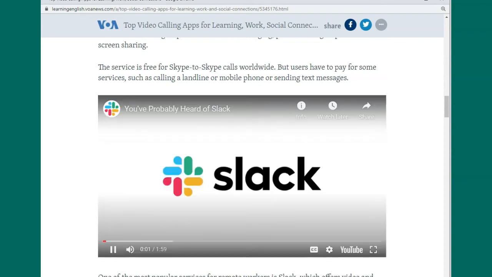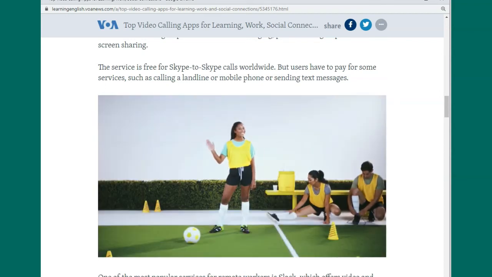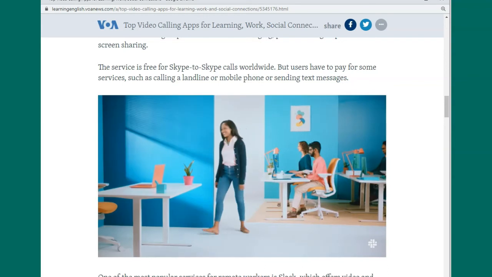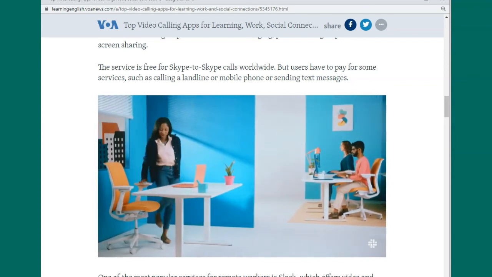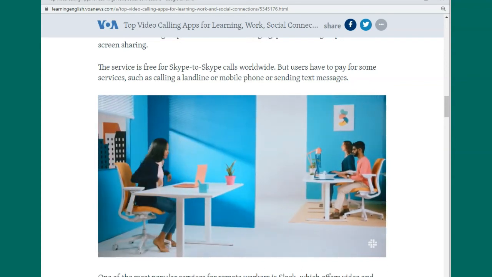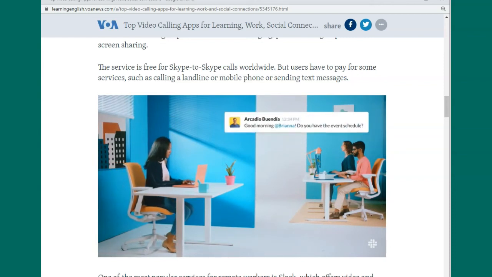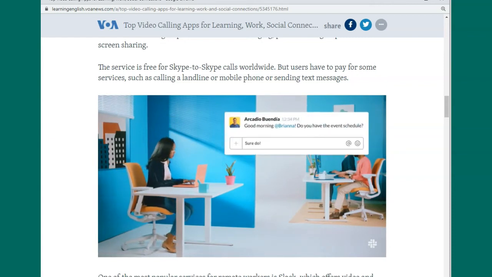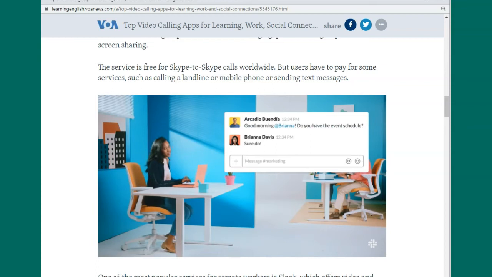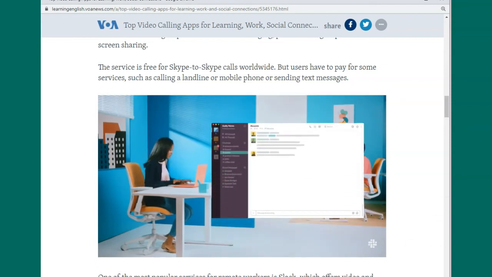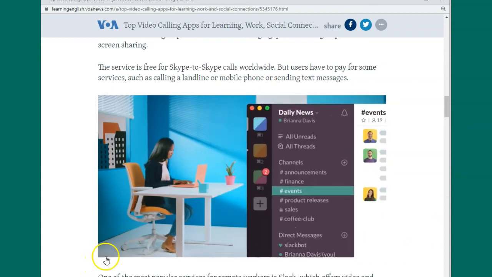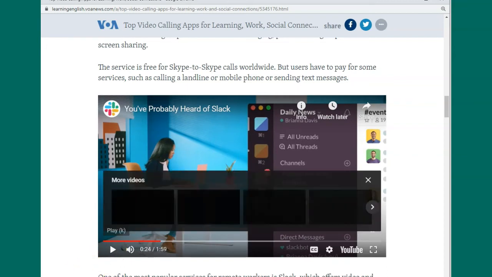You've probably heard of Slack. Your friend Brianna from soccer practice told you about it. She loves Slack. Oh, I love Slack. I use it for everything at work. Brianna works at the Daily News doing newspaper things. You probably know that Brianna uses Slack to send private messages to her colleagues. But there's a lot more to it than that. In fact, most of her company's work gets done in public channels. Channels